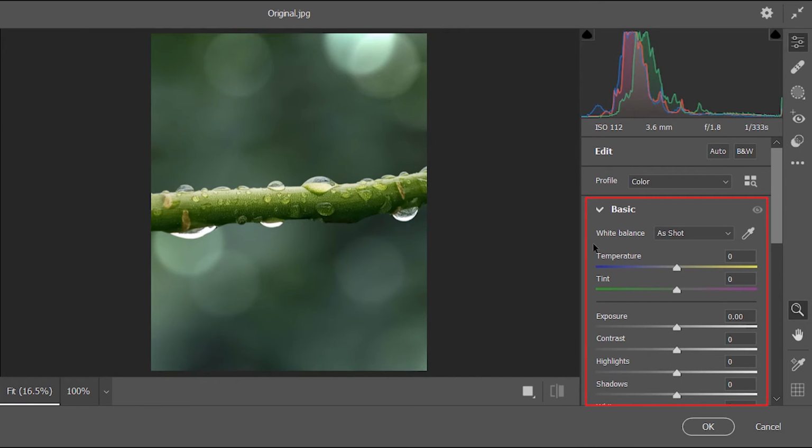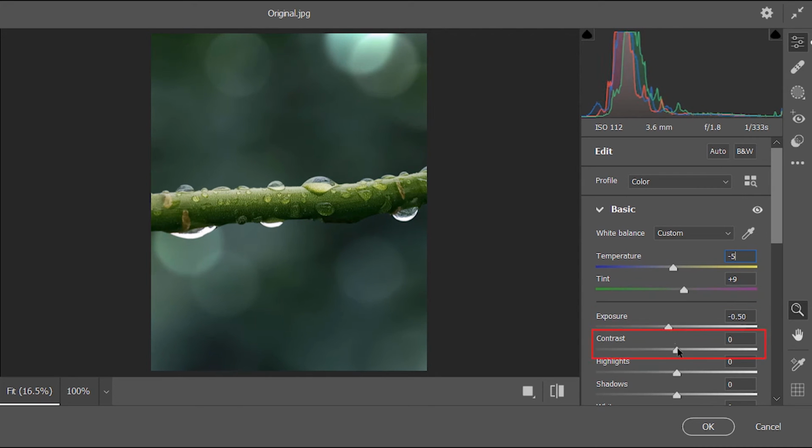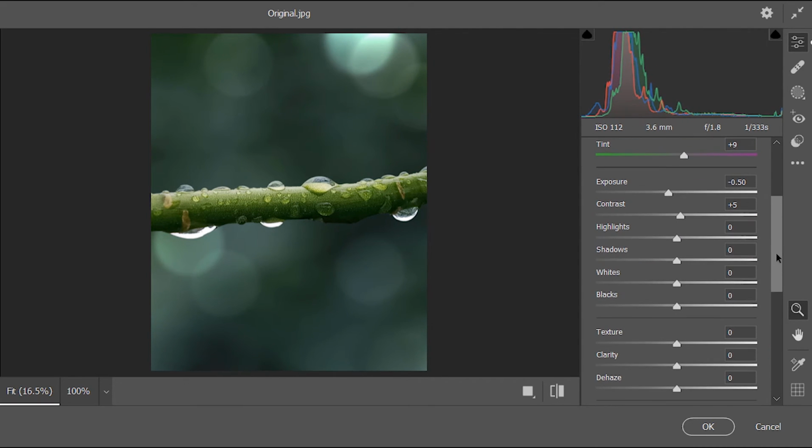In the basic section, decrease its temperature to about -5. Increase its tint to about 10. Drop down its exposure a little bit. Give it some contrast. Decrease its highlights and increase its shadows. Same thing with the whites and blacks. Decrease the whites and increase the blacks a little bit. Now increase its texture and clarity to about 20%. Also give it some dehaze. Now close the basic